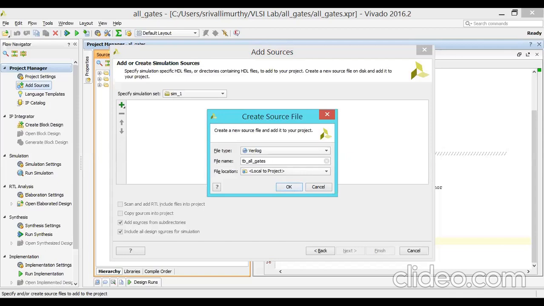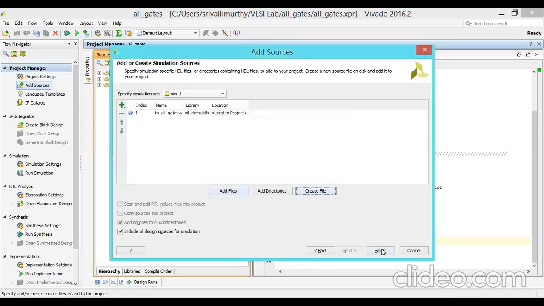This is the industry notation, and we follow the same notation. Okay, and finish. Finish here is very important.